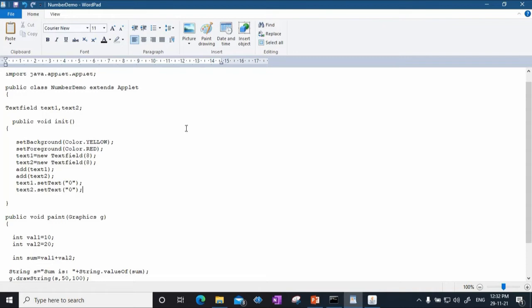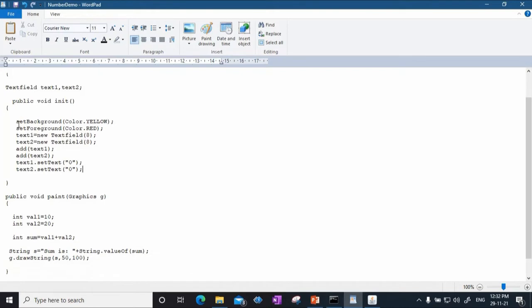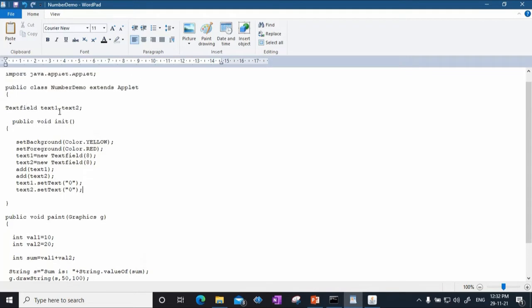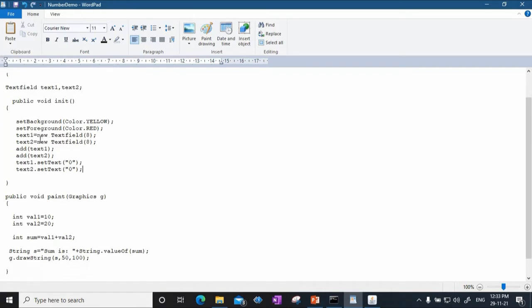So in the init method, what I have done: first I have set the background color to yellow, foreground color to red. Then I have created the objects of text field class, text1 and text2. Earlier I had just created reference names, but using the new operator the actual object creation happens in the init method, and I am specifying that the maximum characters that my text fields text1 and text2 can hold is 8.